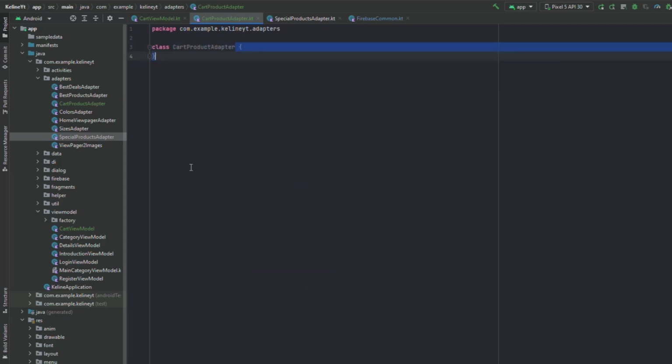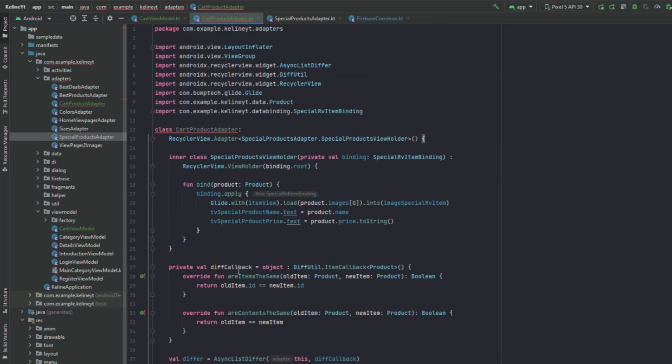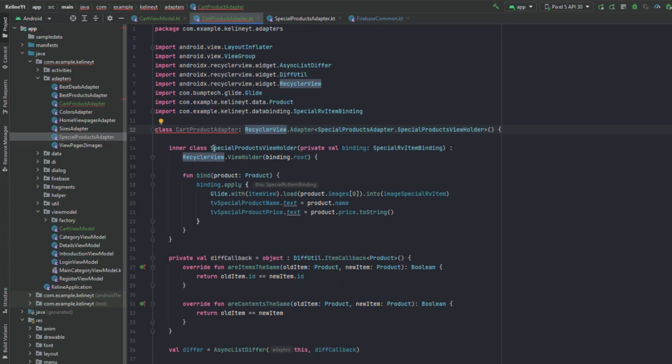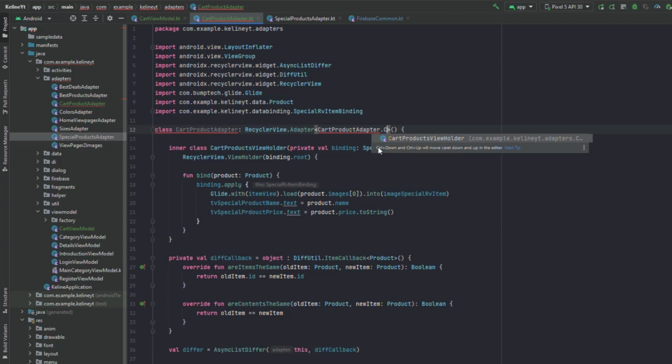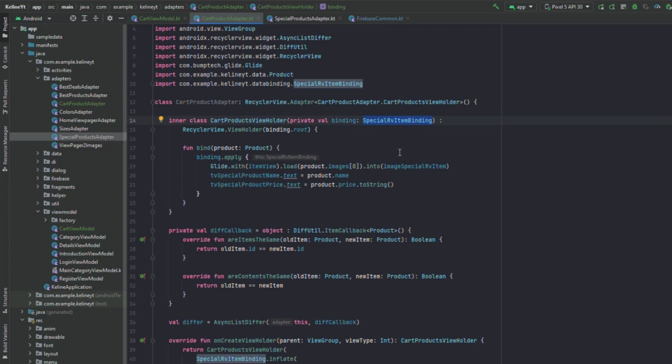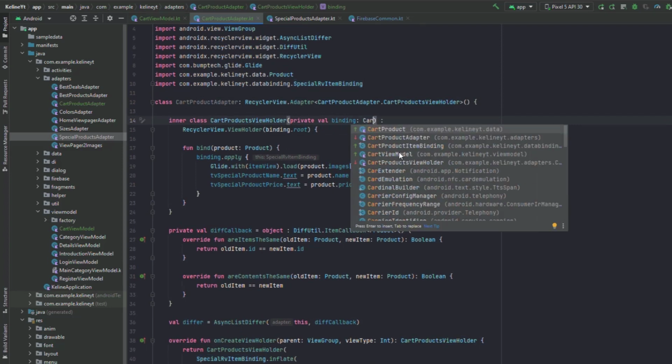Just select this and paste it. And now let's change stuff. Let's change the view holder name. So right click, refactor, rename, and let's call this cart product view holder. And we want to change the generic inside the adapter class. So cart product adapter dot cart product view holder, and for the binding item here, it's gonna be the cart product item binding,